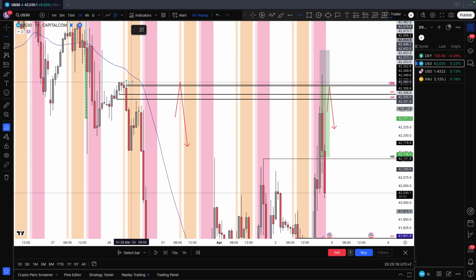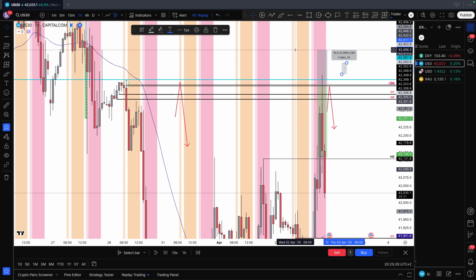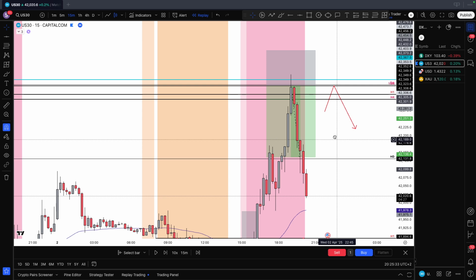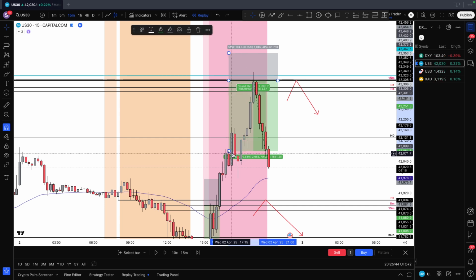If I put this line here, you can see where the price created a wick around this zone. So my stop loss was above this area to cover at least some 30 pips, and even this one was above 30 pips. So solidly, you can simply see how this acted really smooth. I closed around 1 to 2, or close to 2.5, and this area to get out was perfect,